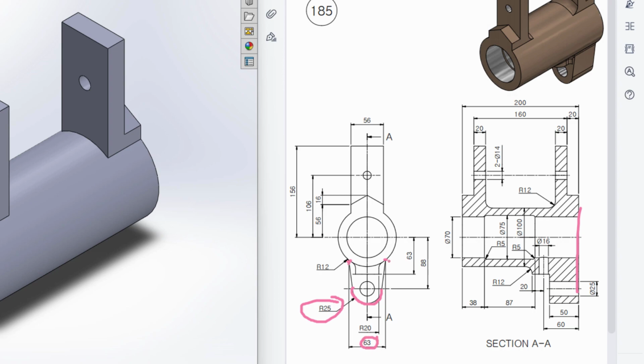So I need to draw a line from this point which is a dimension of 63 divided by 2 unit. Then I'll tangent this circular portion to this line. Okay, I'll do the similar tangent this line to this line. After that we can see we have another inner extrude circular cut, and this inner extrude circular cut has a dimension of 25 diameter, and after that I will extrude boss it to 50